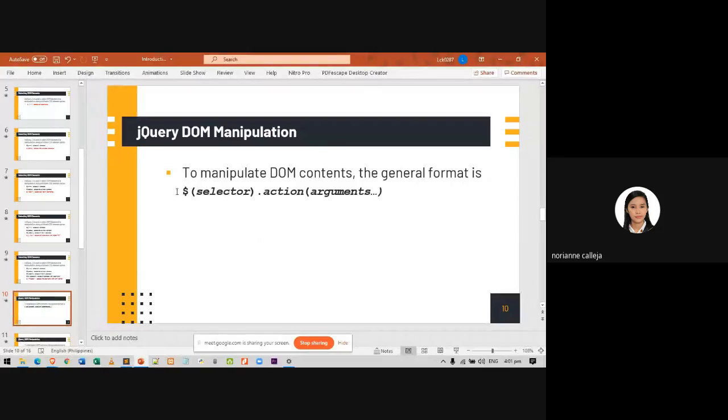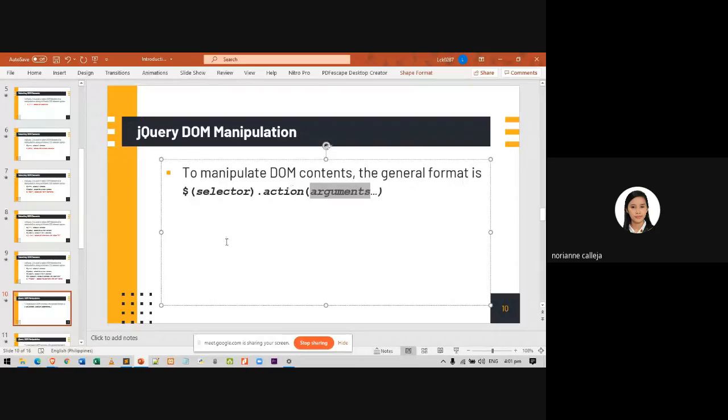Your selector, which was discussed a while ago, followed by a dot, then the action to be applied to that content, and these arguments can be of any value depending on the action you are implementing.